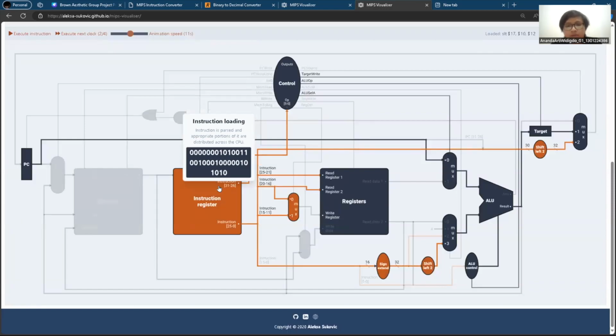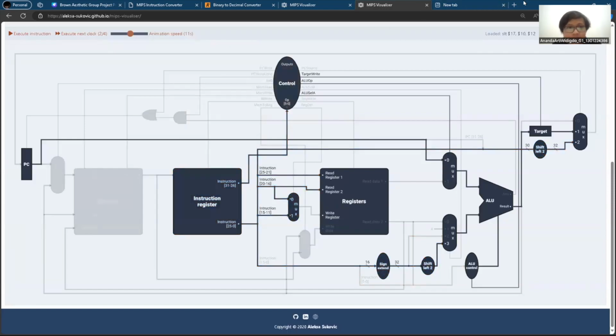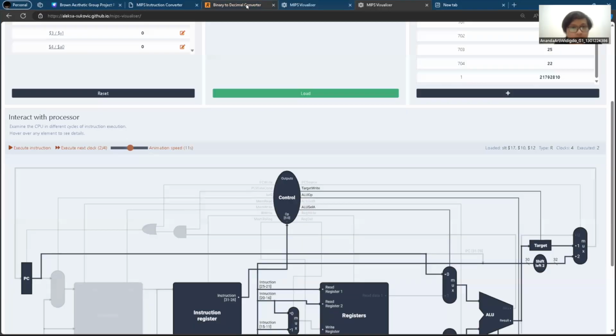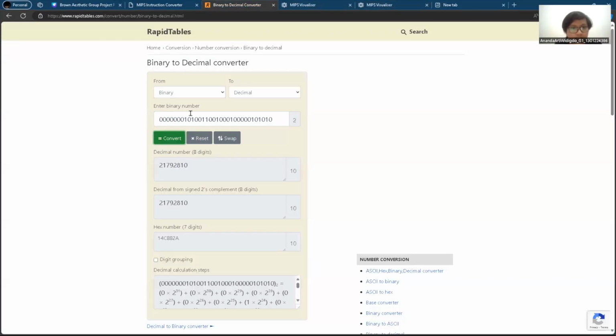As I mentioned before, this binary code can be divided into 6 parts, I believe.